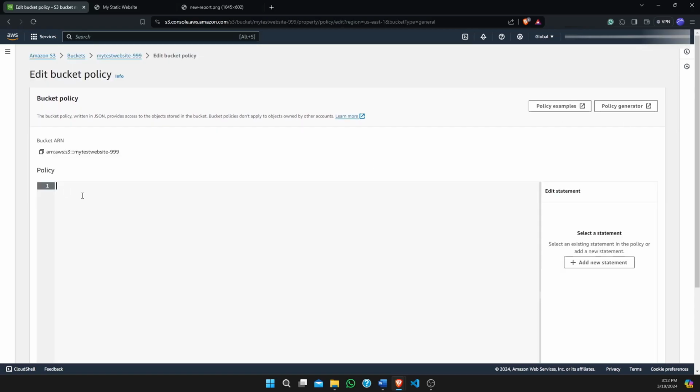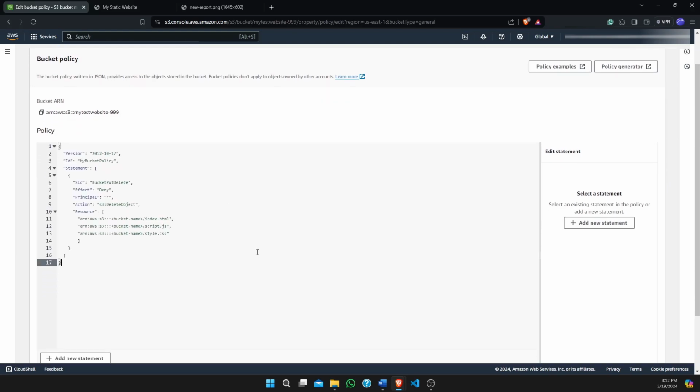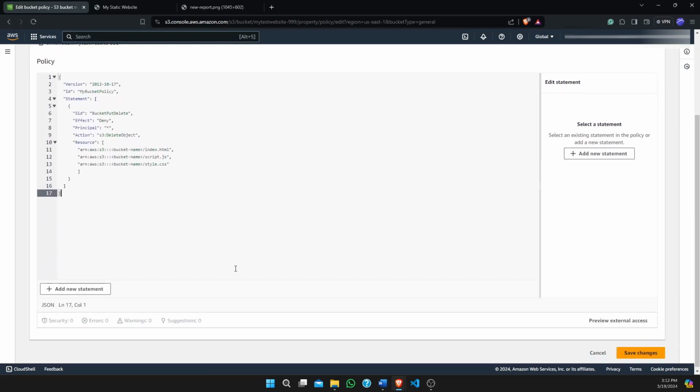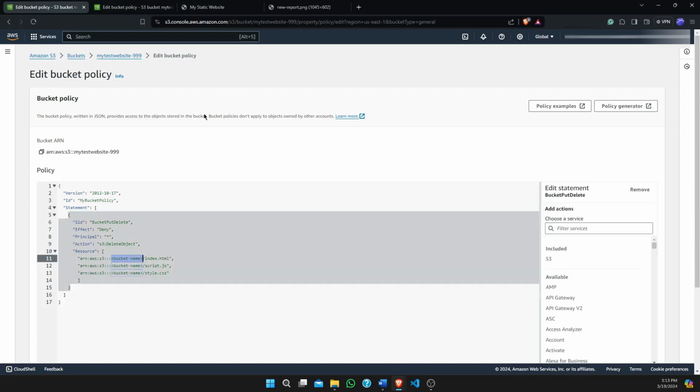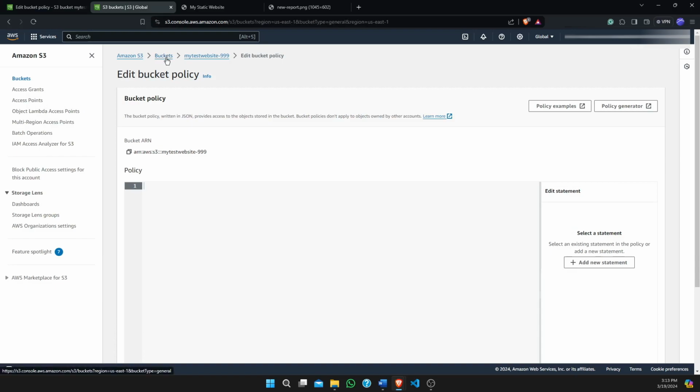I have this bucket policy. What this policy does is it prevents everyone from deleting the three files that make our website work. In the bucket name, instead of this we have to paste our own bucket name, which was my